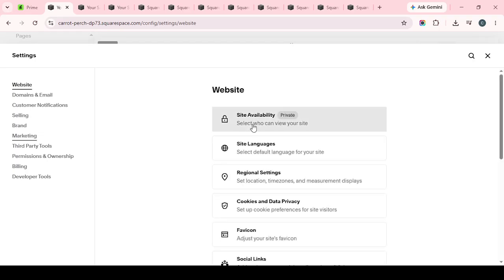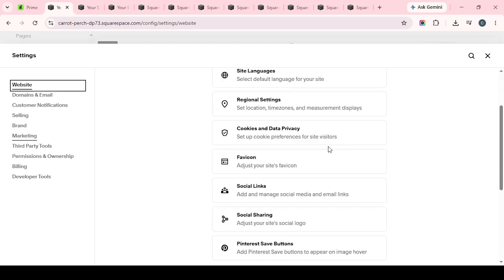When everything looks right, click Save to apply your changes. That's it. Your button styles are now updated across